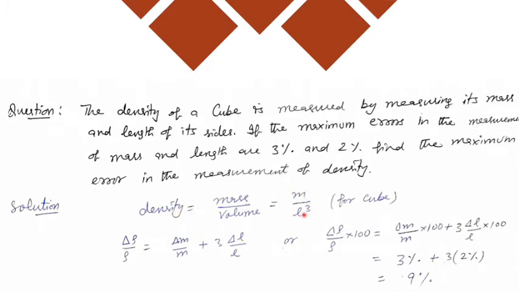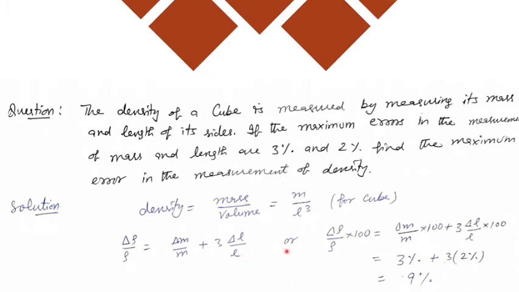Now if I want to write the relative error like we did, Z equals A plus B, then delta Z upon Z will be equal to delta A upon A plus delta B upon B. So using that, but here power is given, so power will always be multiplied. So I'm able to write the relative errors, that is delta rho upon rho, which is equal to delta m upon m plus 3 times delta L upon L.